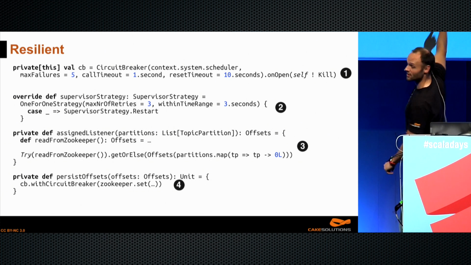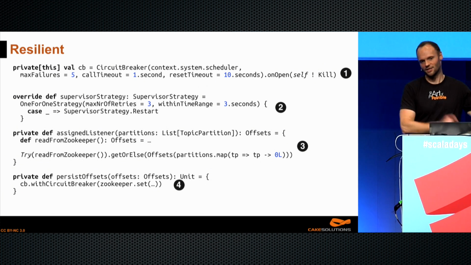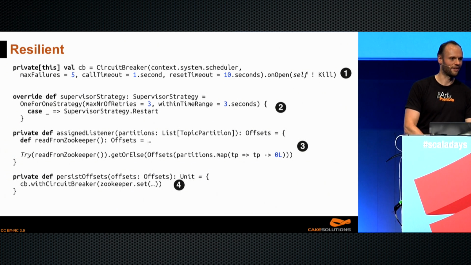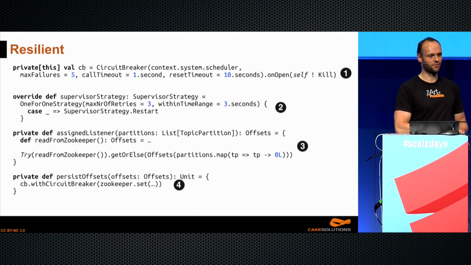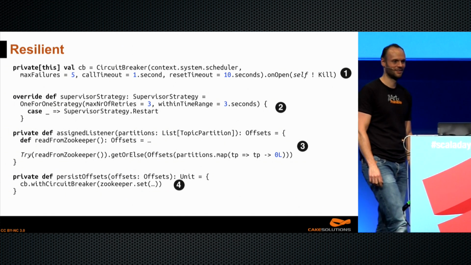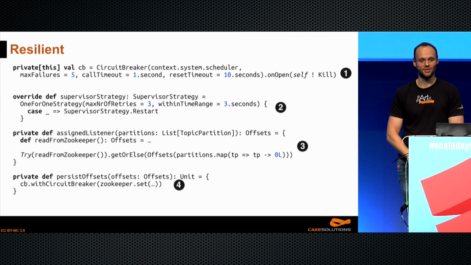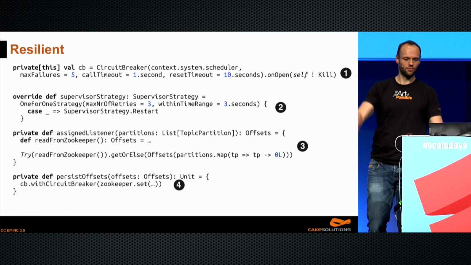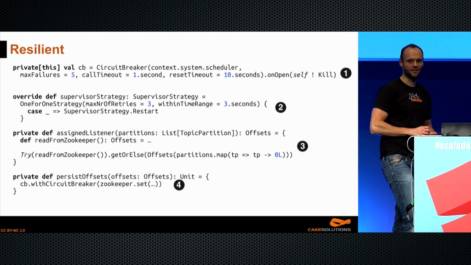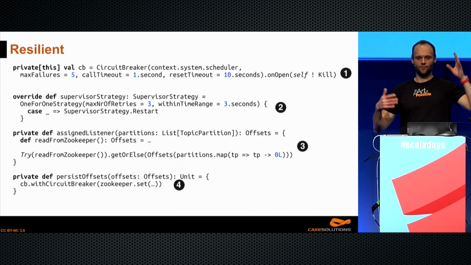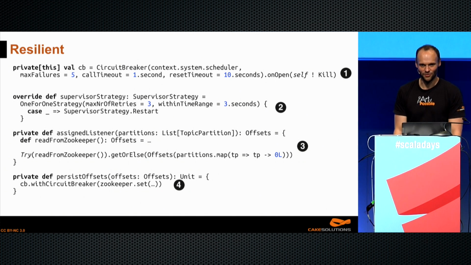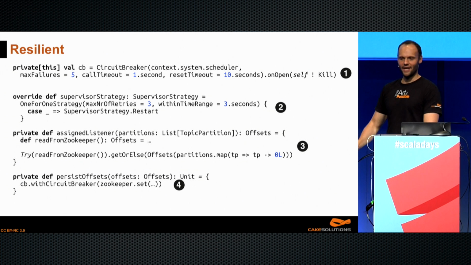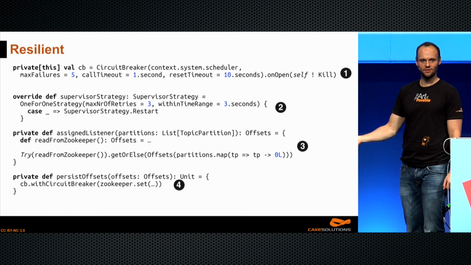Whether you return 0, that last value, or some last value minus 500, or some other constant, doesn't matter. That's just one line of code. This is nice and simple. Now line number 4 is where we write the offsets, but we want to write with a circuit breaker, because we want to be notified when this Zookeeper operation fails. So we define a circuit breaker on line number 1. We specify the max number of failures and the timeout for the operations that happen inside the future that's returned in number 4. And when the circuit breaker opens, we kill our actor.